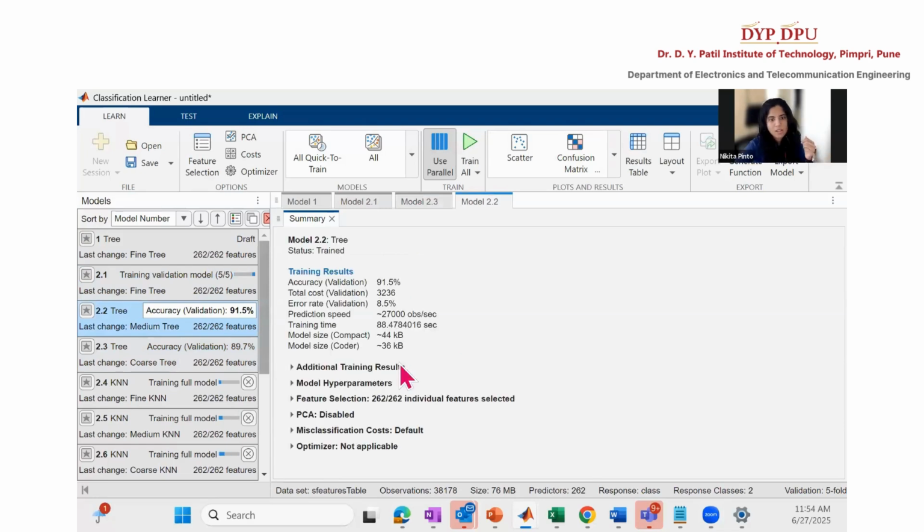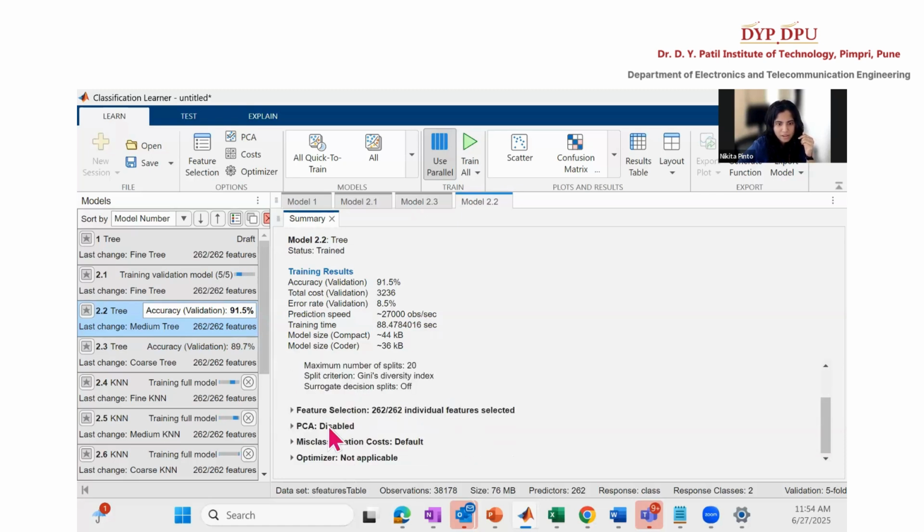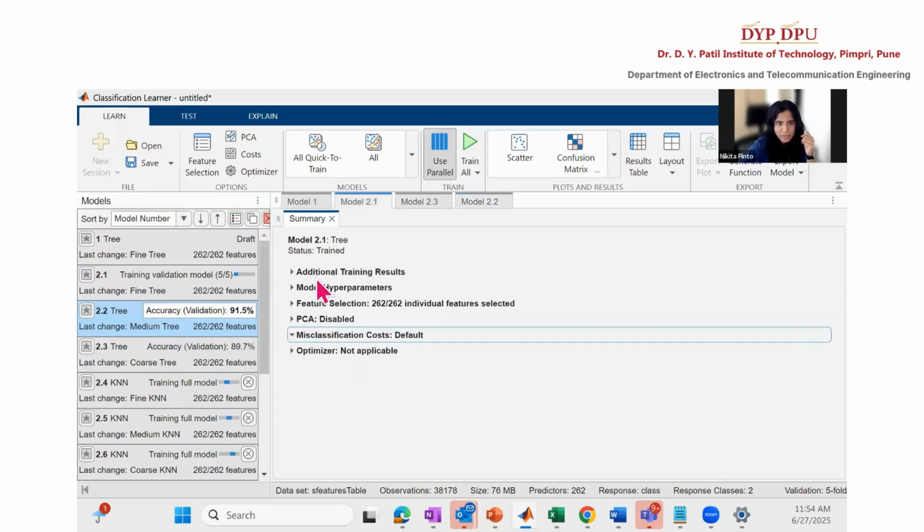So if I click on this, I can go and look at some of the features of this model, right? What are the hyperparameters of this model? Did I do any feature selection? In this case, I did not, so there is no feature selection there. It also tells me things like